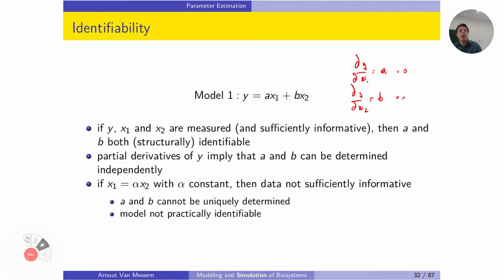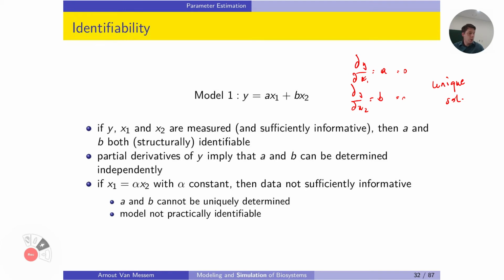But we see that we have two equations for two unknowns. So in this case, we get a unique solution, so there is identifiability, given that the data are sufficient. But in this case, we can solve it analytically. So we can see that we have a solution using the model itself. So structural identifiability: two equations, two unknowns, we find a unique solution.